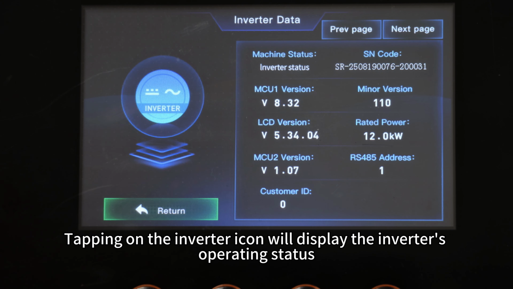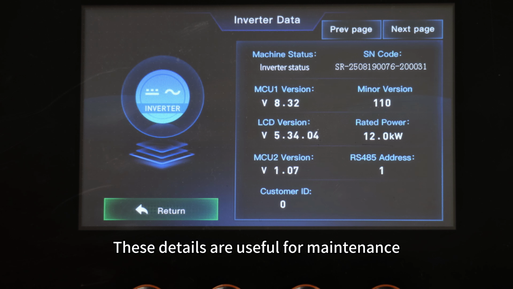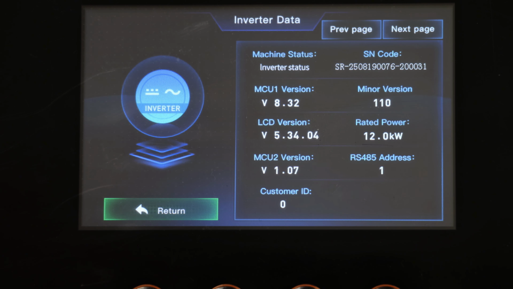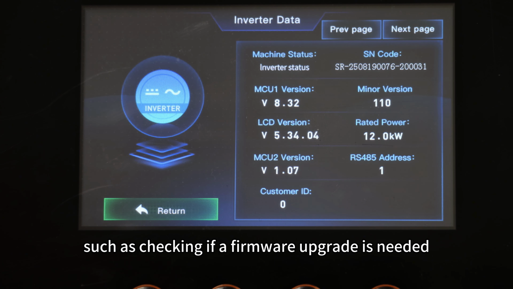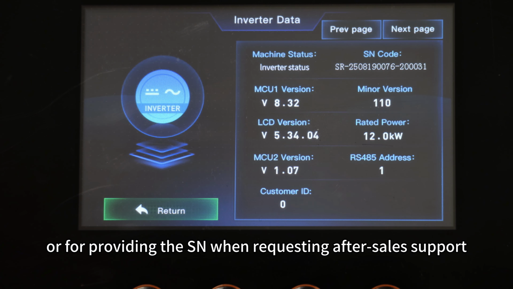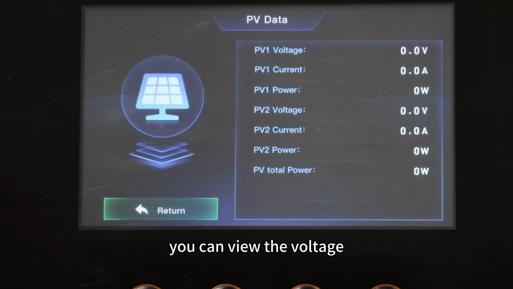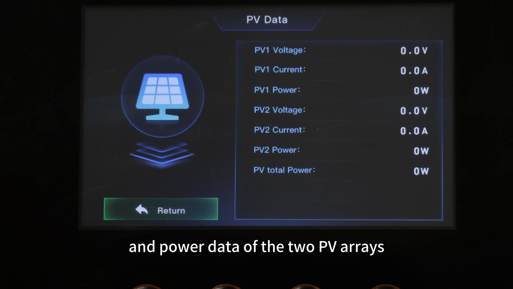Tapping on the inverter icon will display the inverter's operating status, firmware version, and the serial number. These details are useful for maintenance, such as checking if a firmware upgrade is needed, or for providing the SN when requesting after-sales support. By tapping the PV icon, you can view the voltage, current, and power data of the two